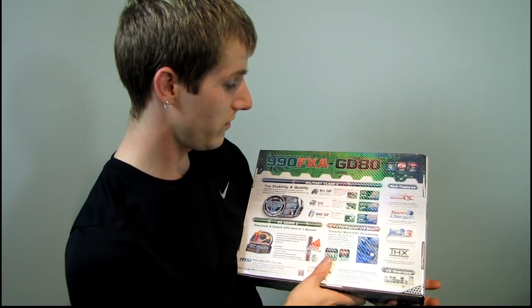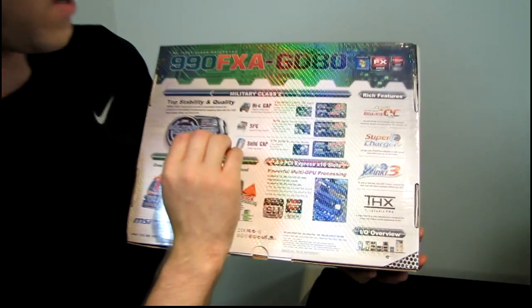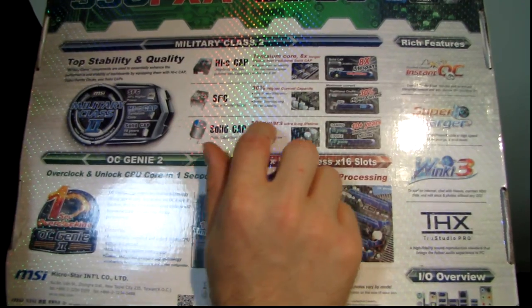On the back of the board, we see a few things here. High C caps with tantalum cores for 8 times longer lifetime anticipated. Super ferrite chokes for 30% higher current capacity, and solid capacitors for 10 plus years of ultra-long lifetime. We also have,